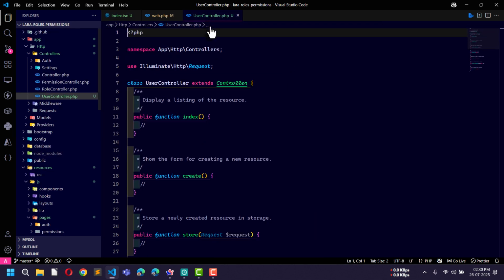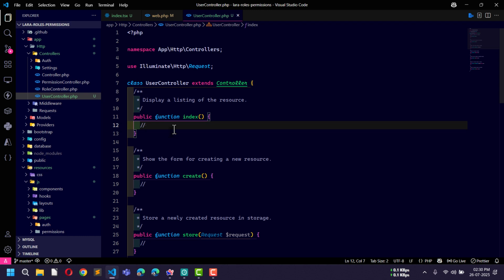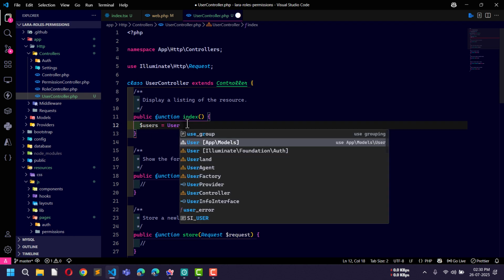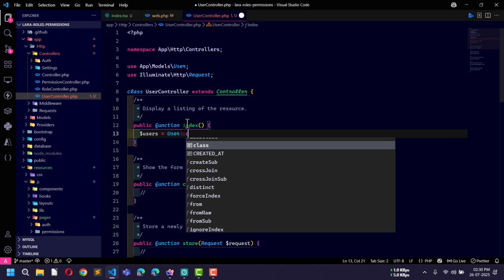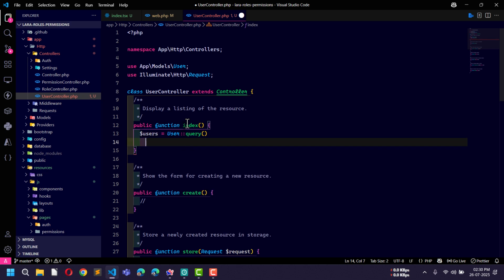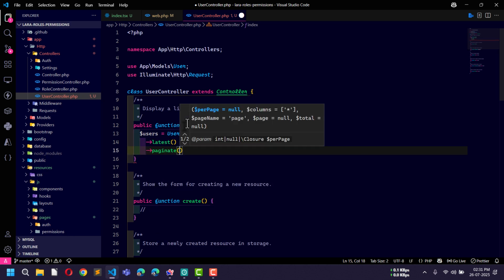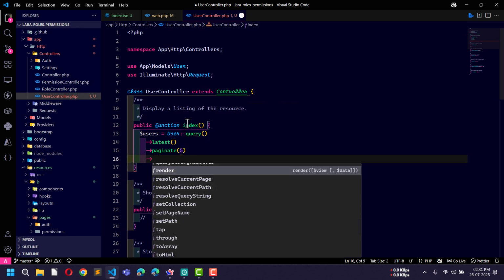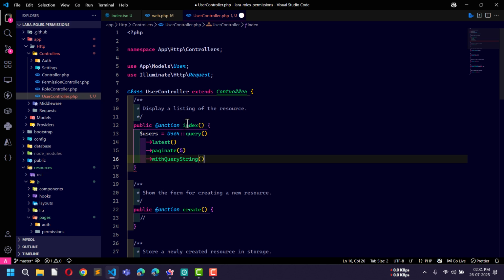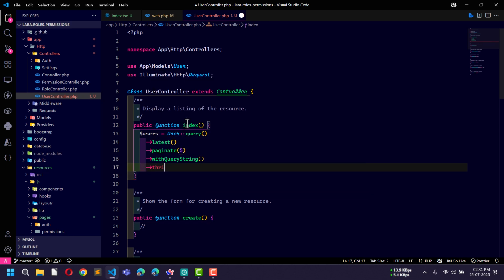Now let's go to the index.tsx file, and actually let me go to the UserController.php file. Now here in the index method, what I will do is, before rendering to the inertia request, I will first fetch all the User model, and then I will use query, then I will use latest, then I will use paginate 5, and then withQueryString, then through,